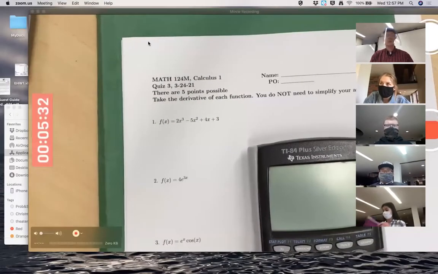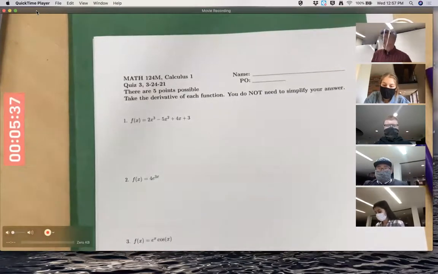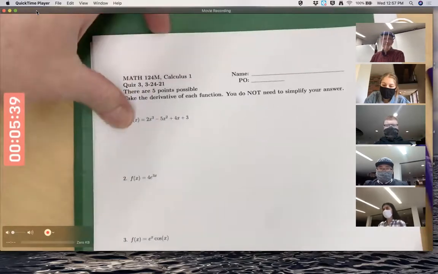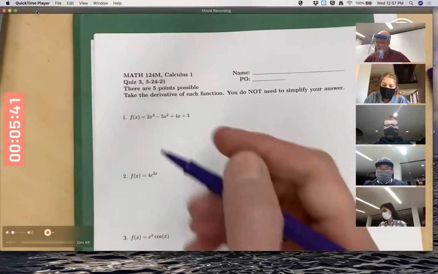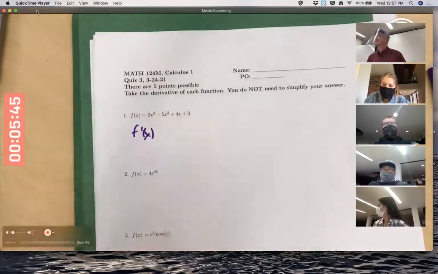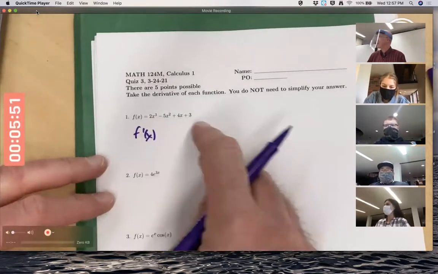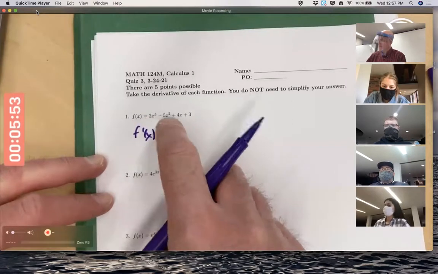All right, let's start by now going over the quiz. So the first problem is just a polynomial. Take the derivative of that. Really, this is a situation where you're using this linearity property, maybe without even hardly thinking about it. You just take the derivative of each term and combine them with a plus, minus, plus, plus, just like you